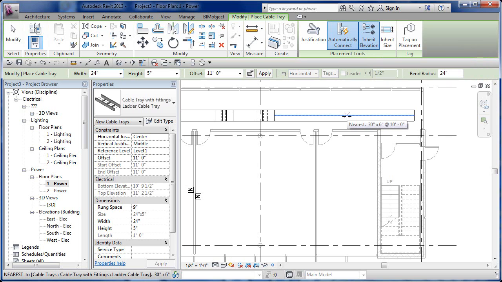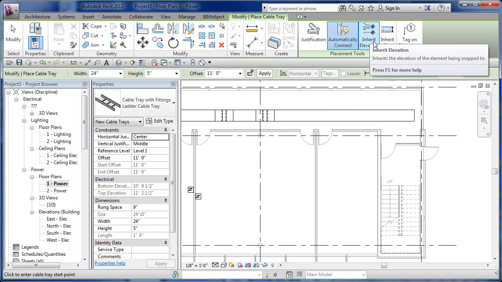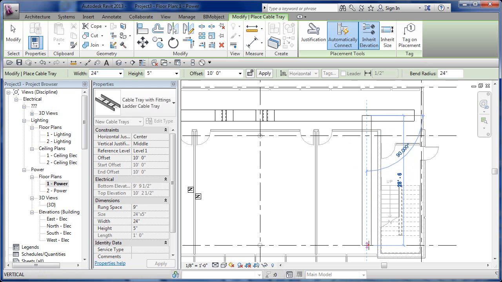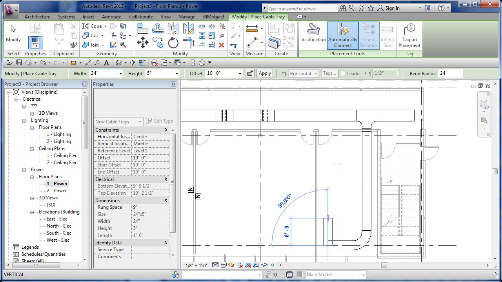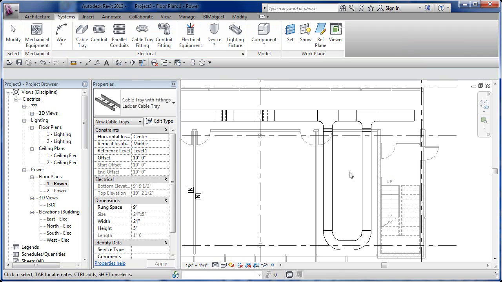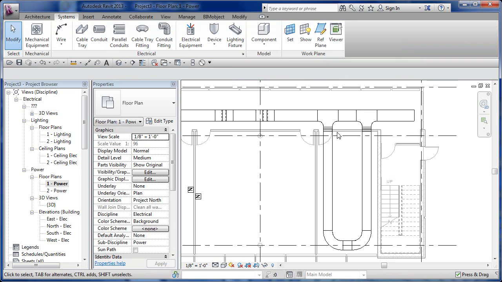Automatically connect, which means when you touch another object, it's going to automatically connect, automatically inherit the elevation, inherit the size, in fact, if you want. I'm going to take the inherit size off because I'm going to use a smaller branch as I come inside of here. So, and I don't want to tag it right away, so I'm just going to pick on the center line. Click on there and take my 24-inch and then go down to point about there. And Revit's going to automatically add in that T connection. Zoom back, pick on there. Okay. Escape. Now, if I wanted to, I could actually